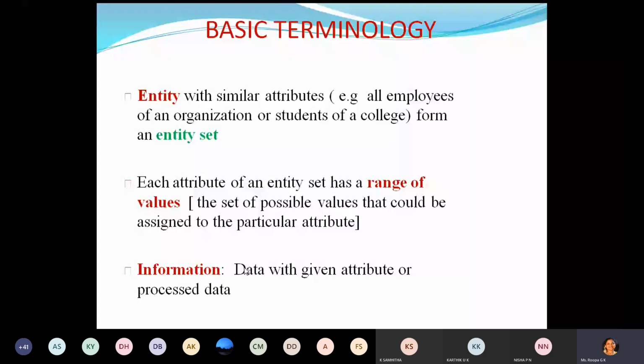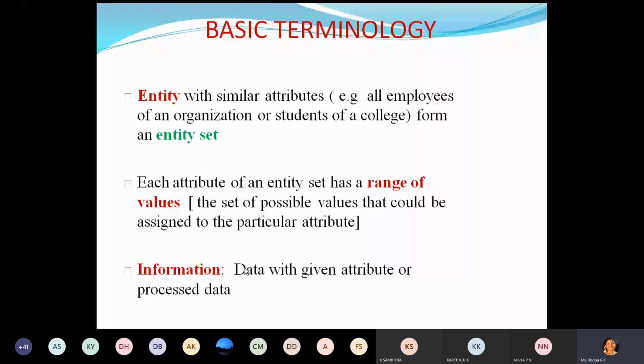For the second student also name is an attribute. For the third student name is one attribute. Similarly, semester, section, all are common. Attributes are common. They are called an entity set. Clear now? Entity set means a set of entities having similar attributes. Then is it possible to have a range of values? Yes, each attribute of an entity set has a range of values.